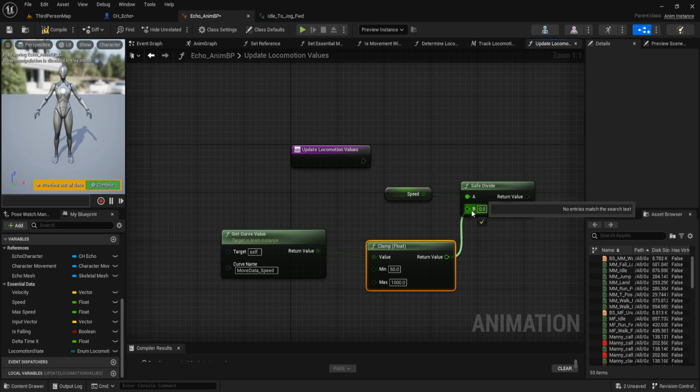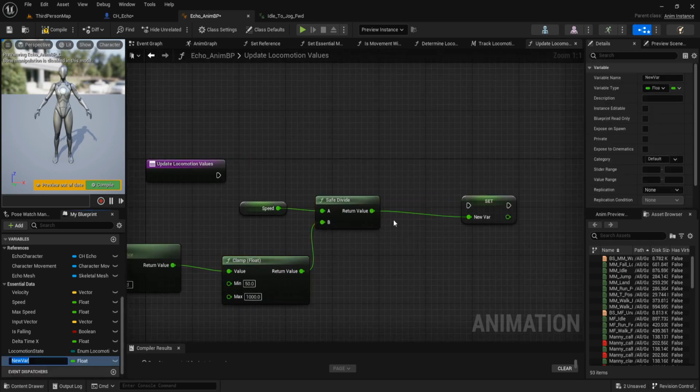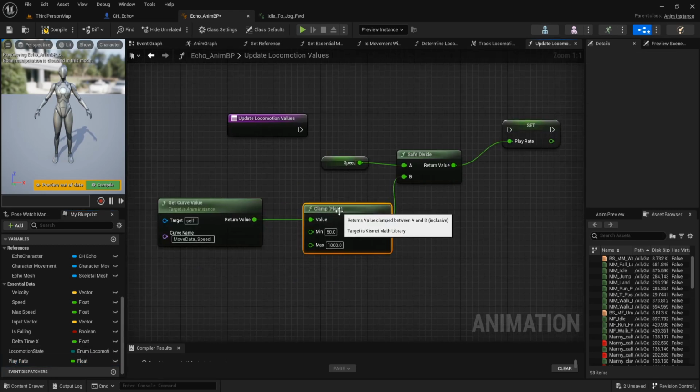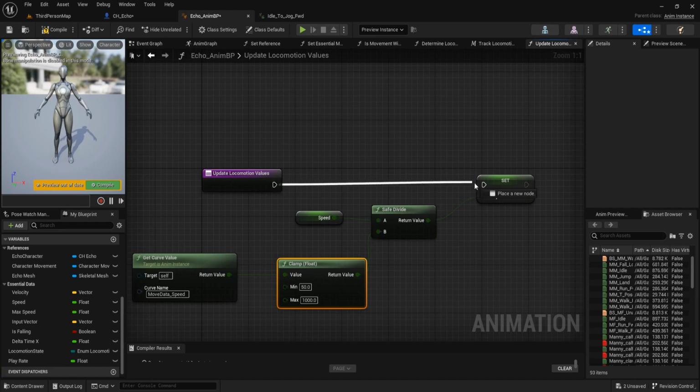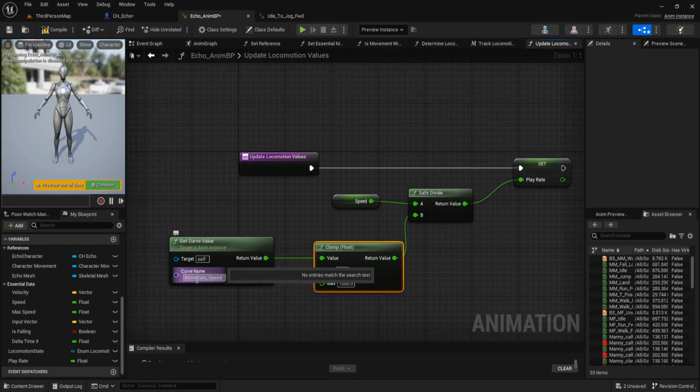Divide it and promote it to variable. Rename it to play rate. And this is the play rate of the animation we get from the move data speed.